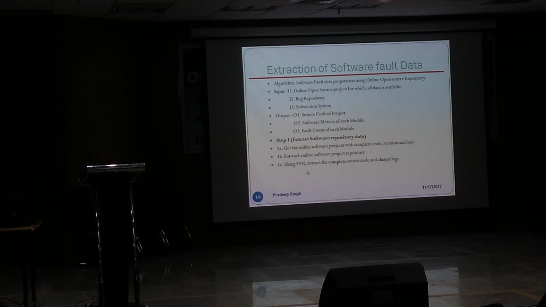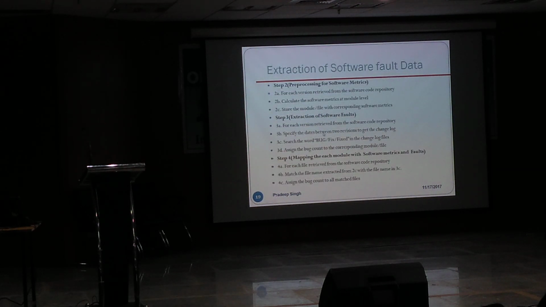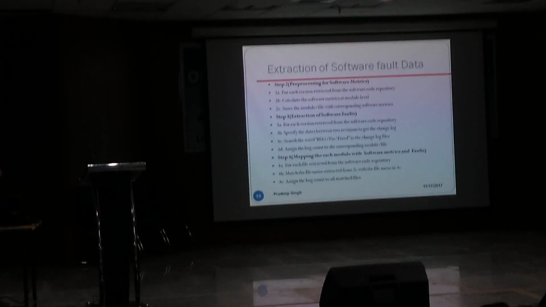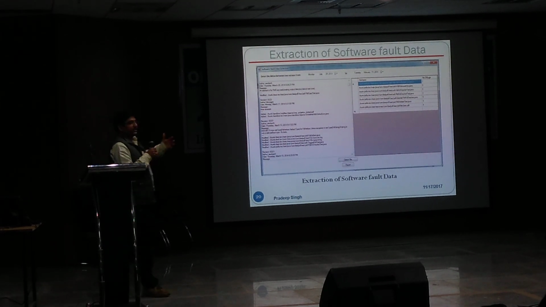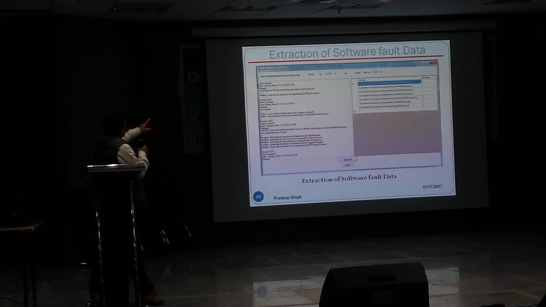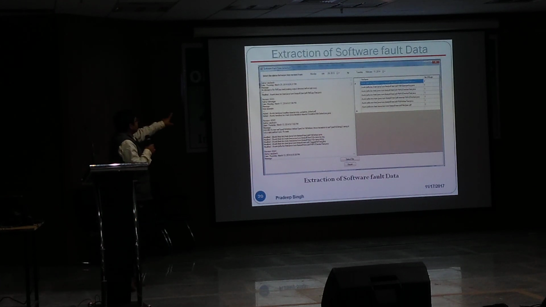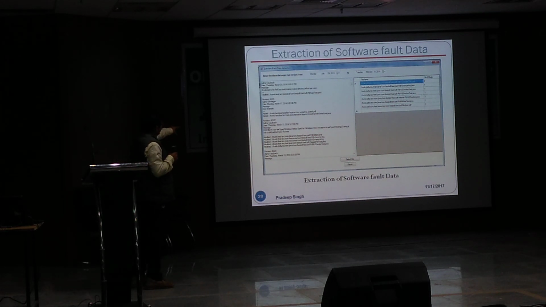We are going to extract the complete source code and change logs, and then pre-process the change log, finding out the bugs in the files and correlating them with the different software modules. If you see this example, different versions are coming with dates. This is the release date. So we have designed the software between two release dates. We take the release dates, and it will give you the complete change log record here, the different versions, and the files related to the change log. You will find that the modified files are PDF, abstract, Java, and all.